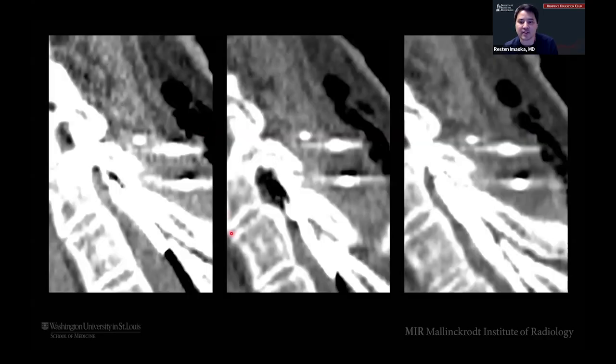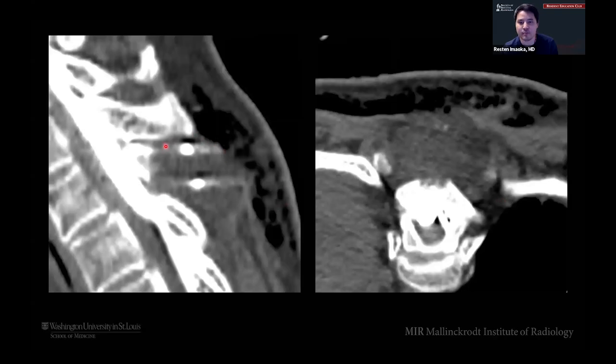And this is kind of what that looks like sequentially, right? So you can see these are the streaks from our needles here. And then as the cryoablation goes on, you can really see that ice ball start to form and really measure it. And that's really the benefit of cryoablation, right? Aside from the size, because that's bigger too, the ability to really see what you're ablating and measure it is ideal. This is what that looks like at the end, right? Big ice ball around that entire spinous process met.